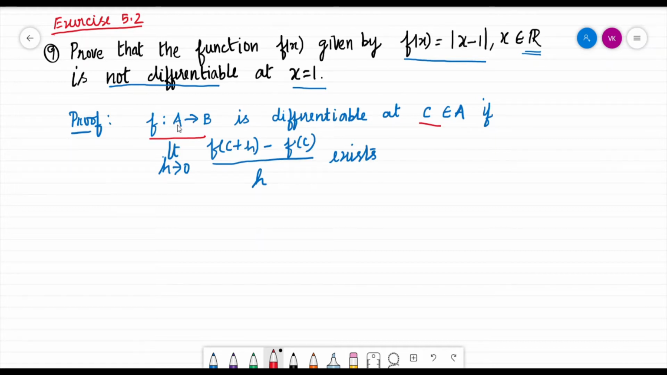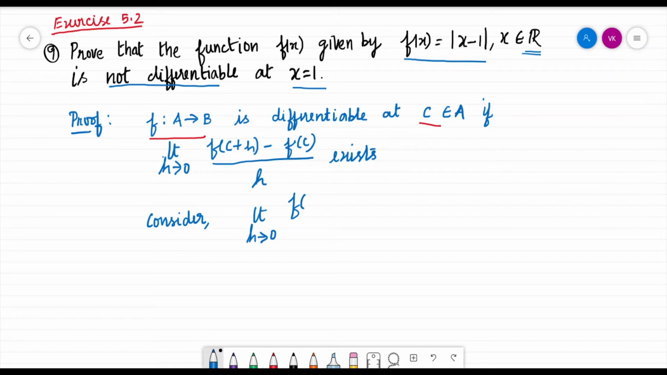Because we are asked to prove f is not differentiable at x is equal to 1, where 1 belongs to the domain, the set of all real numbers, it's enough if we prove the limit h tends to 0, f of 1 plus h minus f of 1 by h does not exist. So let's consider the limit h tends to 0,